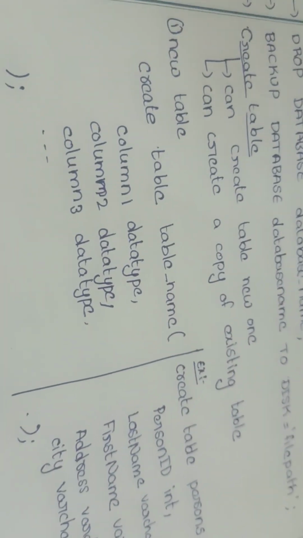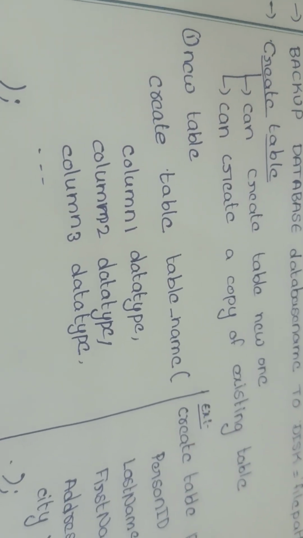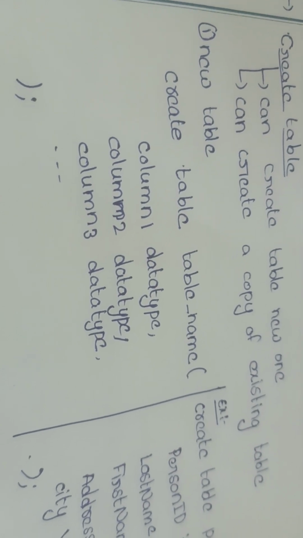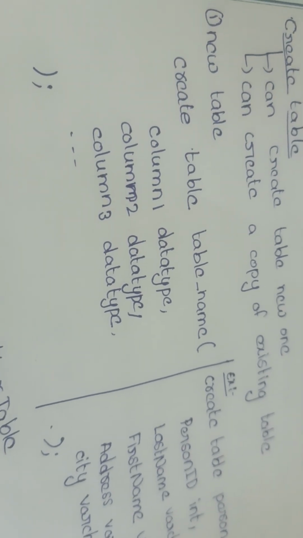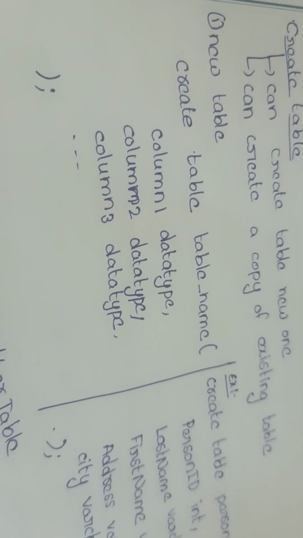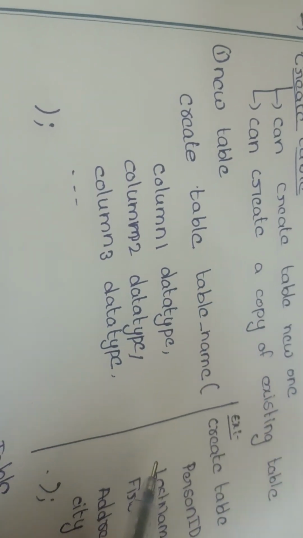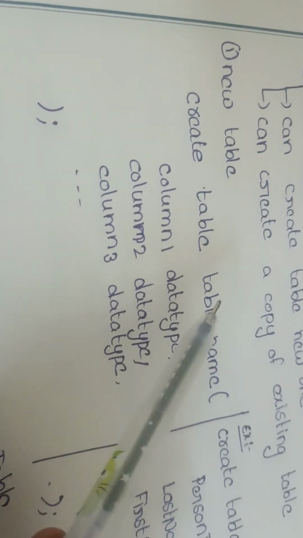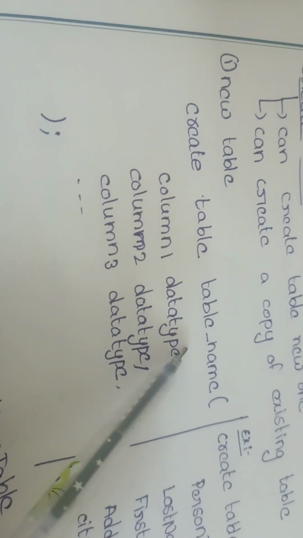And now creating a table is of two different types. The first one is we can create a brand new table, or we can create a copy of an existing table. First let us consider how to create a new table. This is the syntax of creating a table: CREATE TABLE, whatever table name we want to give,